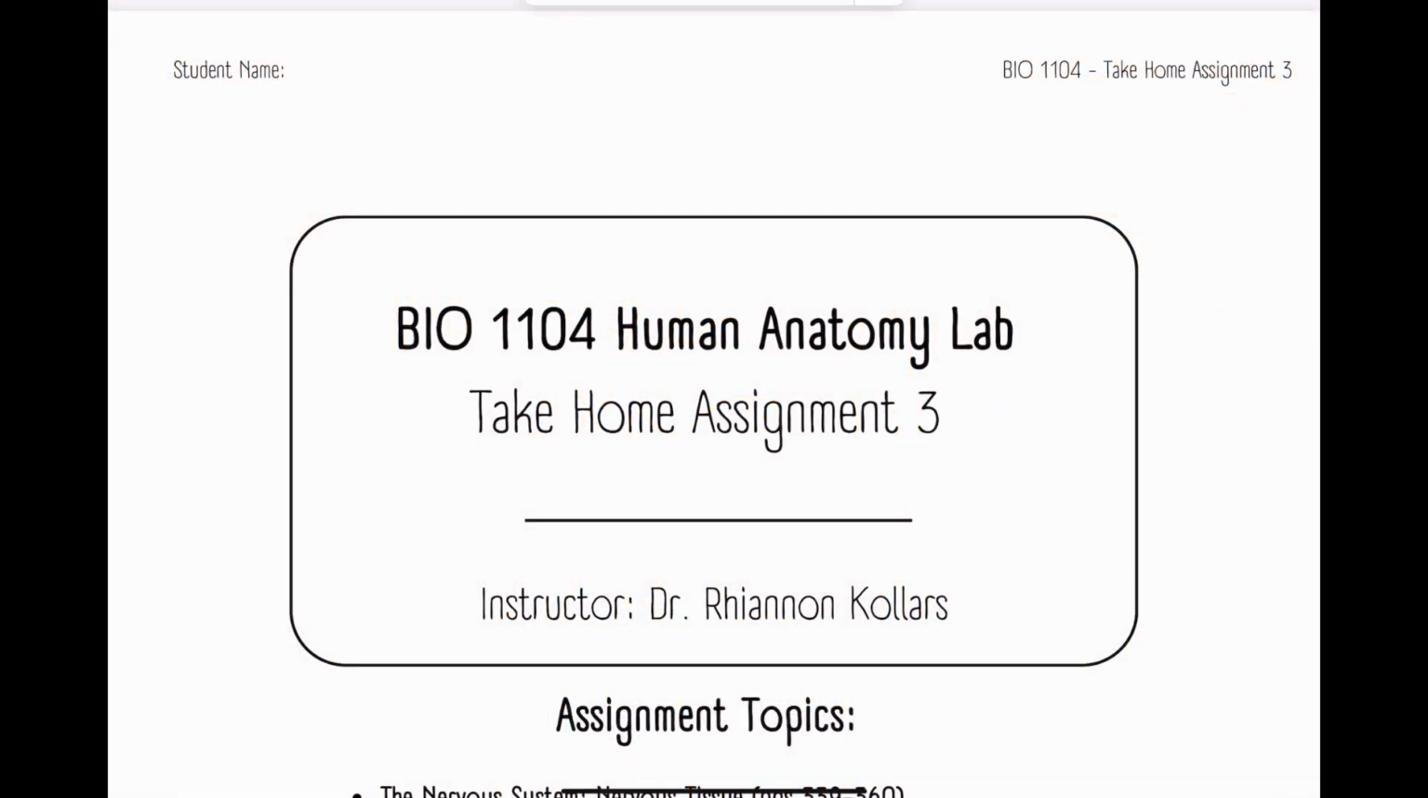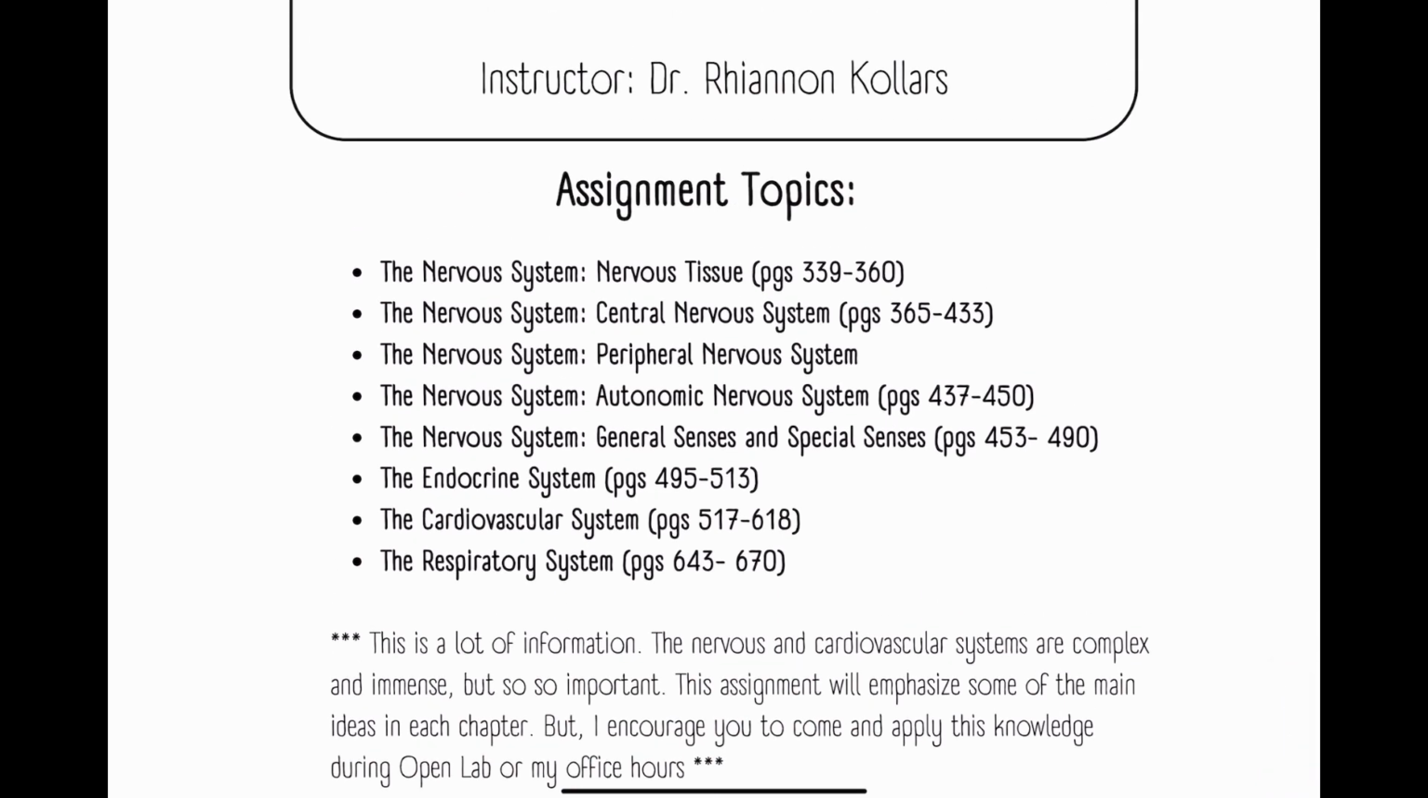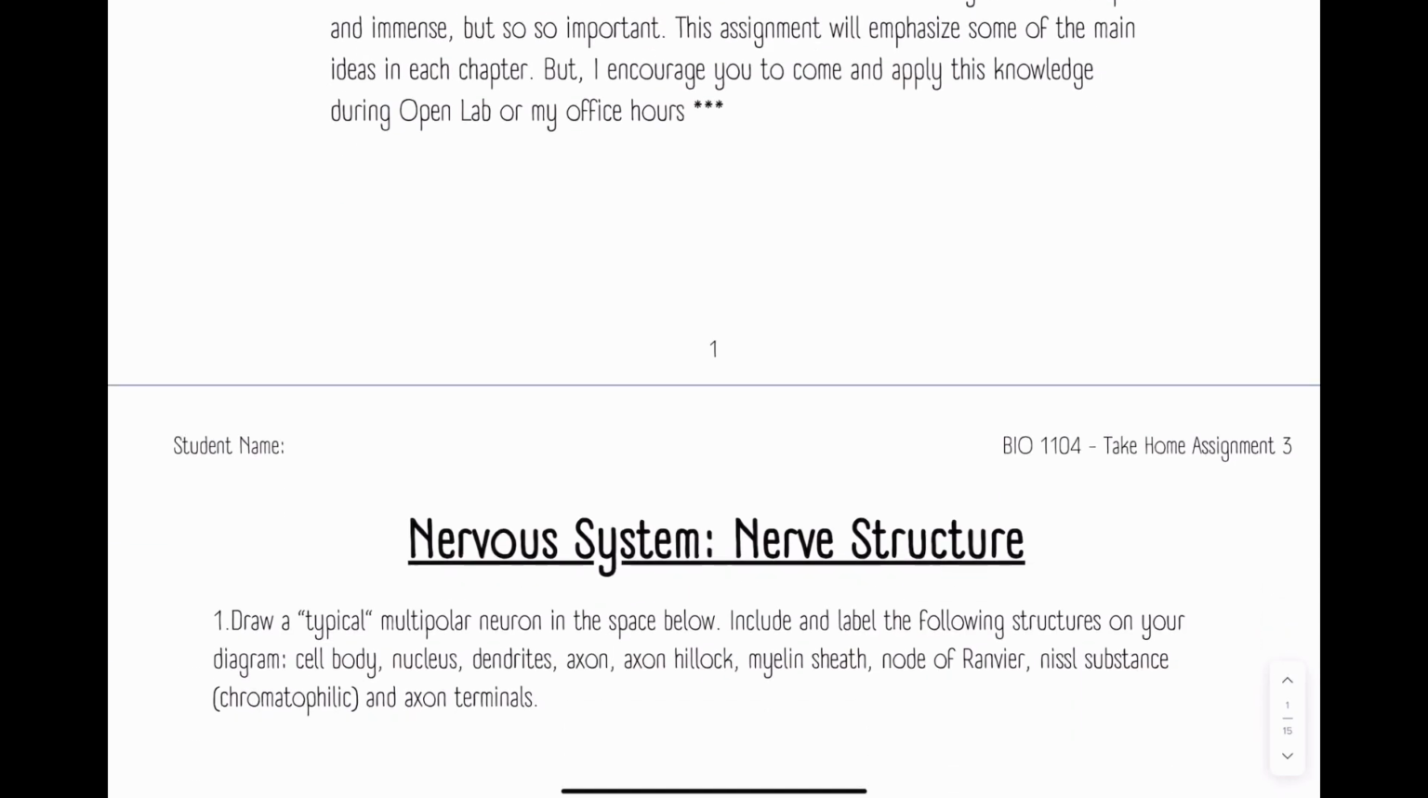I just wanted to go through some of the parts of the take-home assignment that is due next Friday. So, this assignment is based on material for your lecture exam. We did a decent amount of the information here for the nervous system in class. General senses and special senses was focused on in lecture. Endocrine system we did in lab. Cardiovascular system is what we're doing this week in lab, and respiratory system is what we did last week in lab. So in nervous system,